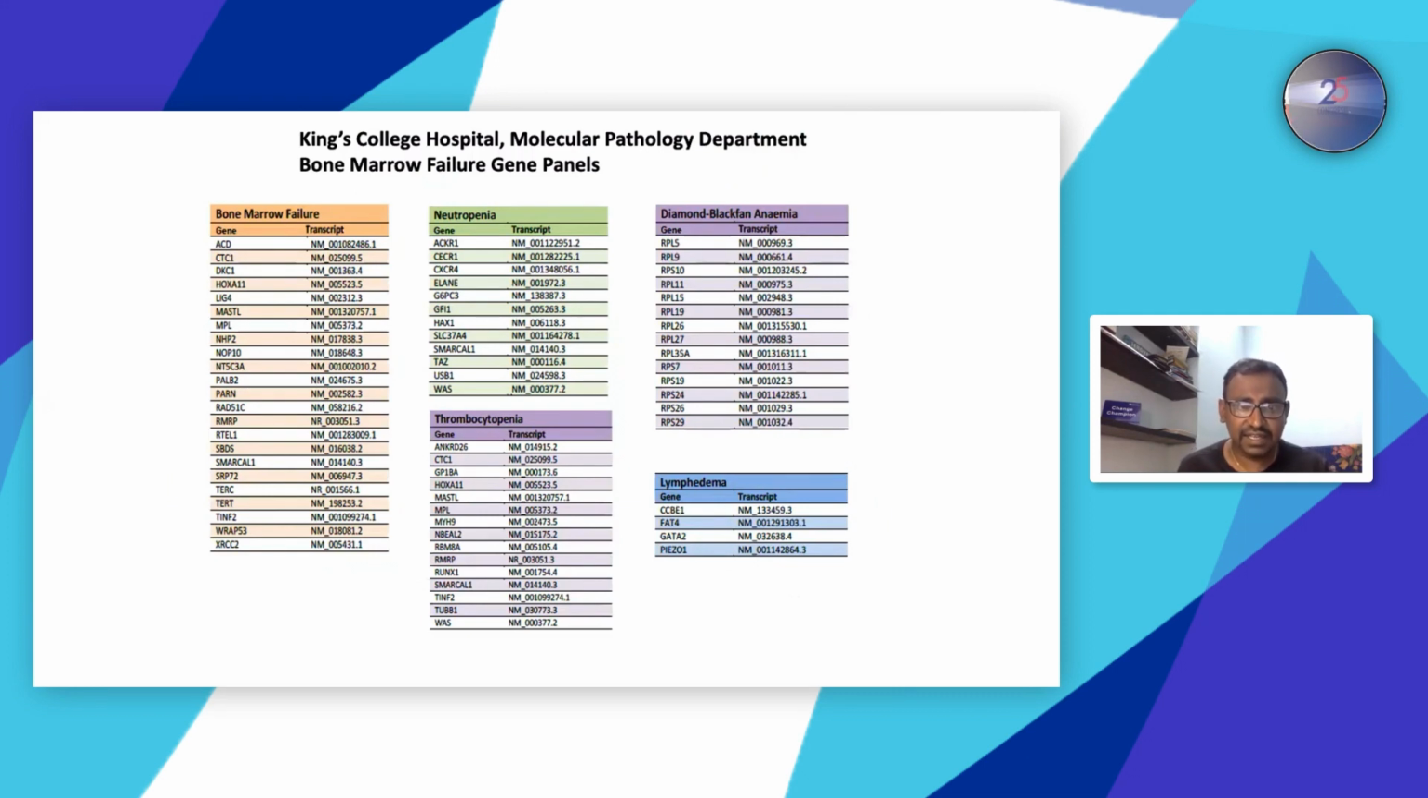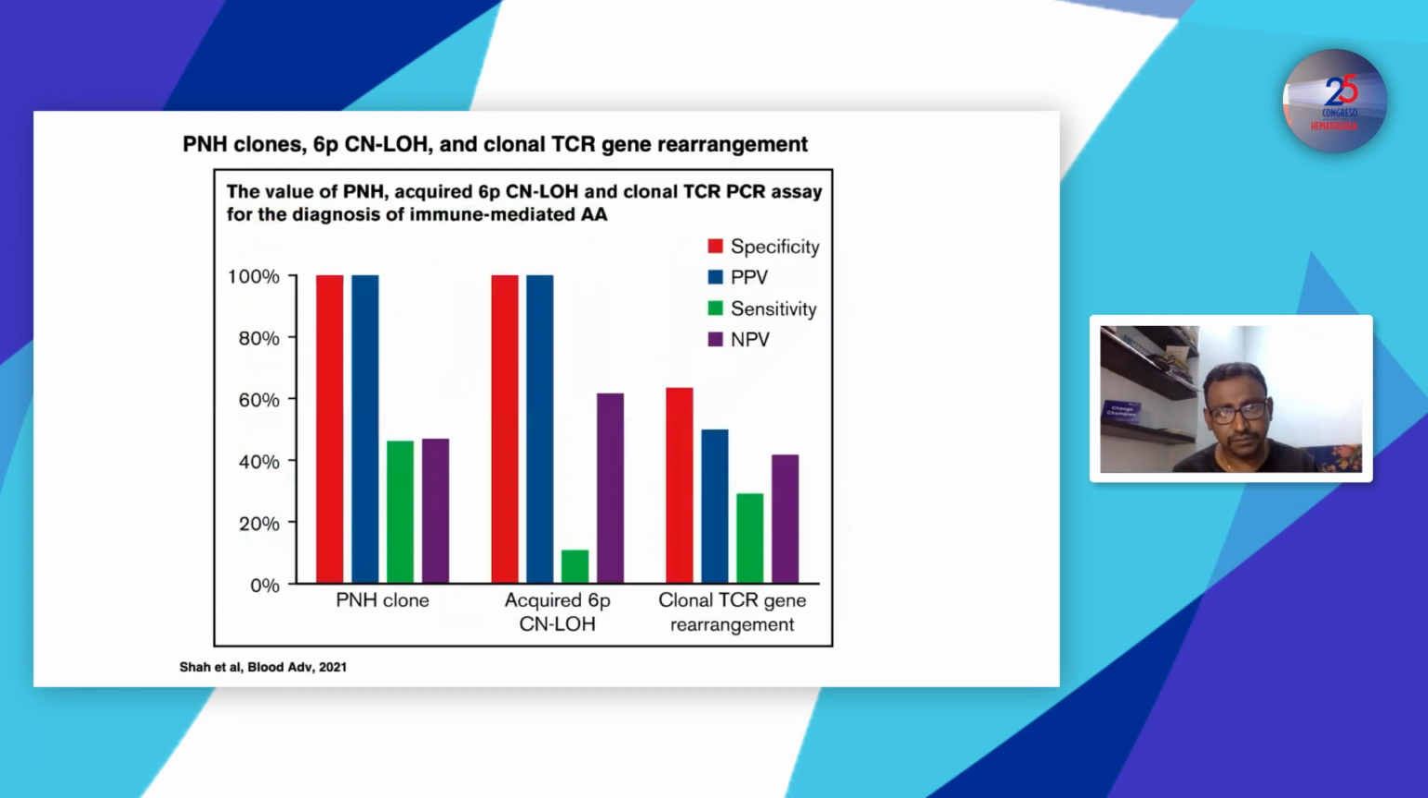And this is just an illustration of the panel we use, bone marrow failure gene panels, which we use to look at bone marrow failure if they have pancytopenia or neutropenia or thrombocytopenia, or if you're suspecting a Diamond-Blackfan anemia or lymphedema, and one of the common ones being GATA2. Other way of looking at it is this data which was published a few months back, and it's important for